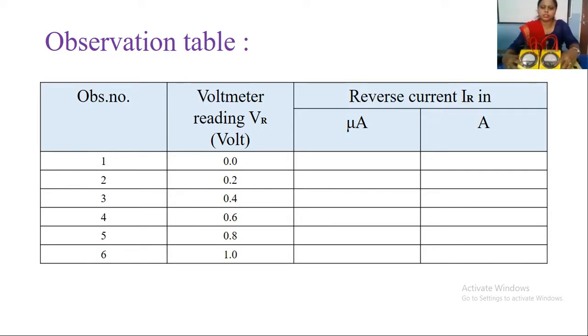So after connection, your apparatus will look like this. What we have done? I just take red wire for the positive terminal connection and the black wire for negative terminal connection. And the kit is itself indicating which instrument with which polarity you have to connect here. So I have connected microammeter positive here and microammeter negative here. After that, this is connected in series. Now this voltmeter we have to connect it in parallel.